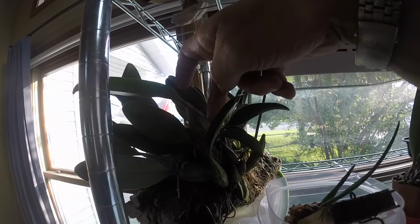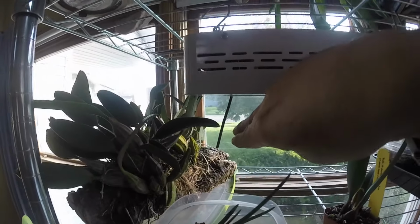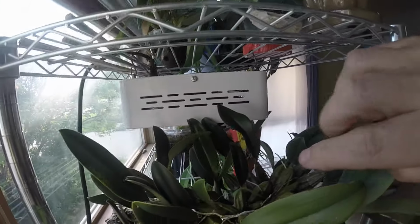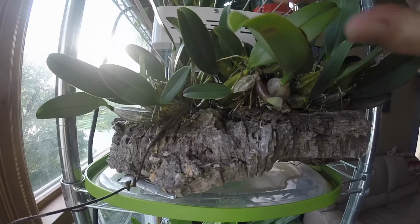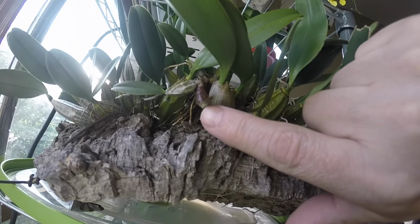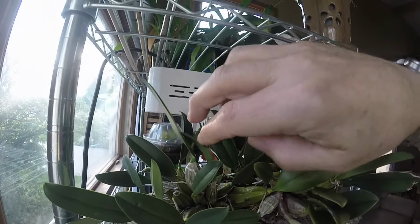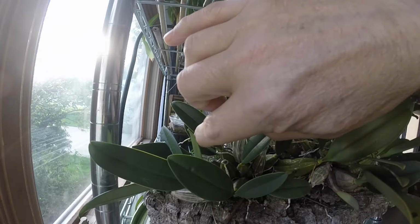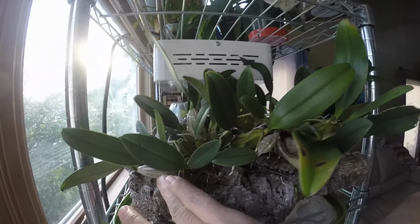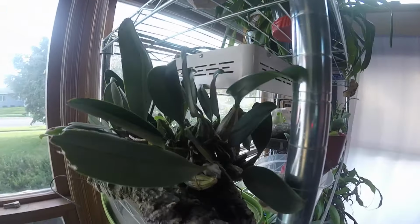This is a new growth here. You can see how big it is. This is another one over here. There's a couple on the back side over there. And I noticed somewhere over here the other day, right here. This is a new growth here. You can see how well that one's doing. And then it's putting out another new growth right there. There was another one in here somewhere. Wait, I can't see it right now. If I moved it all around, you'd see it. And this is a new one here. So it's doing really well,